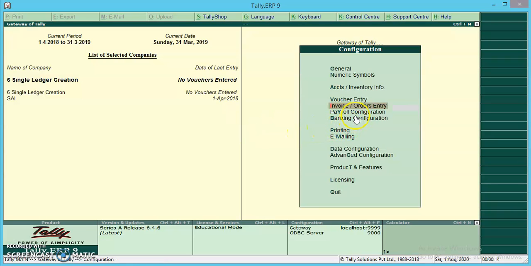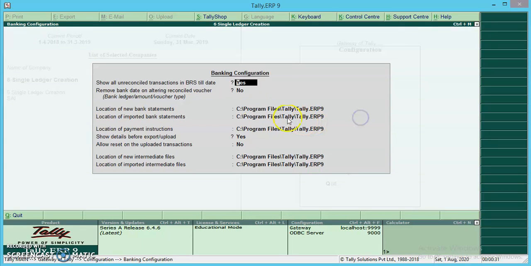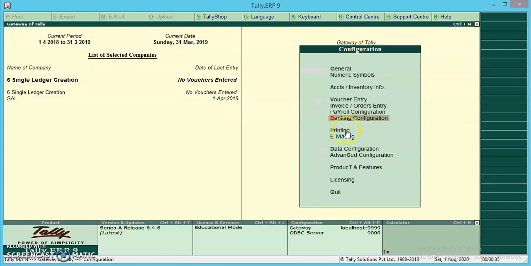Next option, let us go to printing. Payroll configuration, banking configuration generally will not be having any information regarding this. Payroll details, banking configuration, we are not supposed to touch all this.